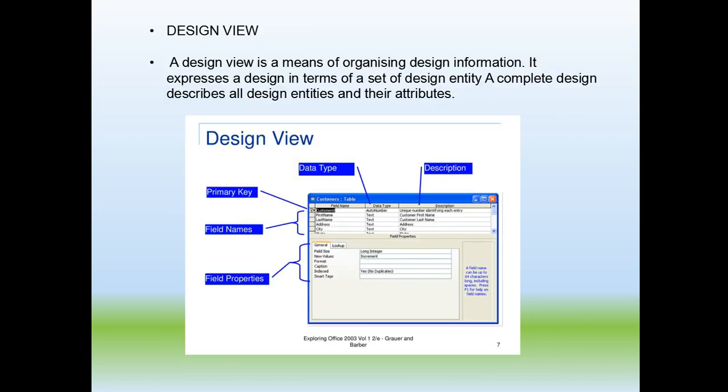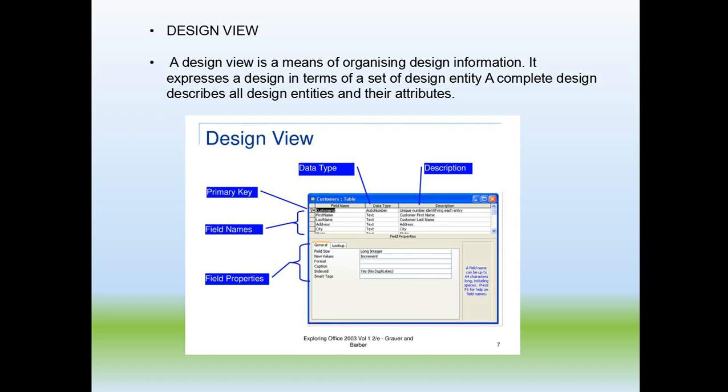Next is design view. As I told you, in design view we set parameters for the table, for the datasheet. A design view is a means of organizing and designing information for the table. It expresses a design in terms of a set of design entities. A complete design describes all design entities and their attributes.